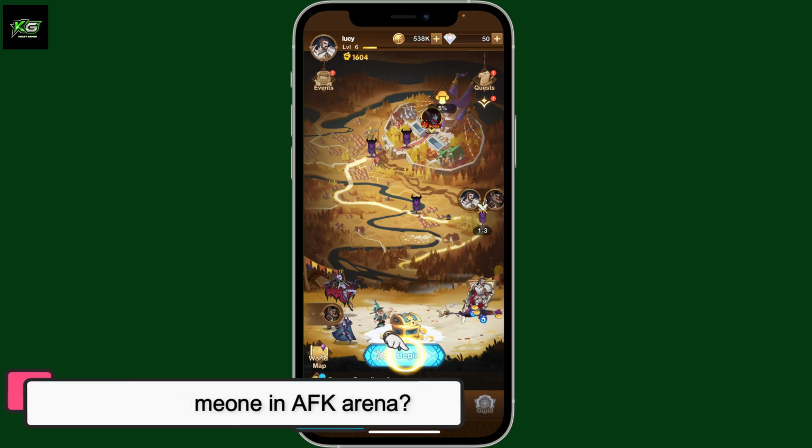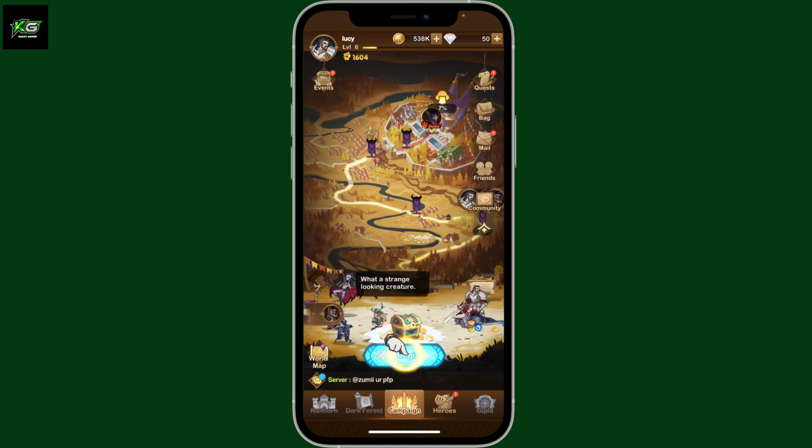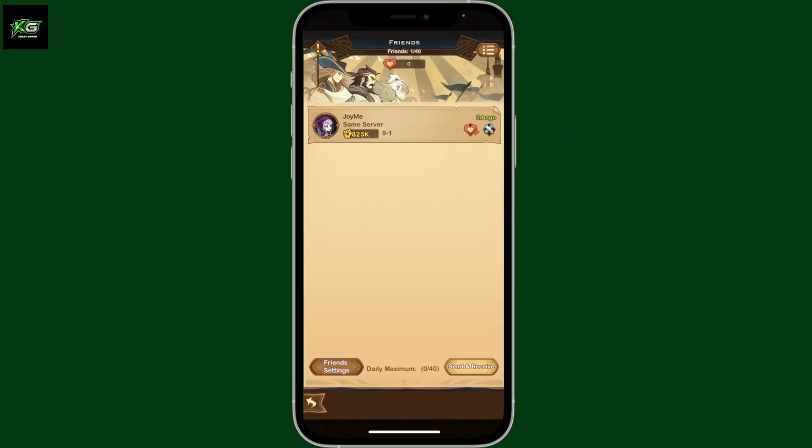To block someone on AFK Arena, first of all, make sure to open up the AFK Arena game on your device. And once you're in the home section, go ahead and tap on the little arrow right under Quest on the top right. You will then be able to open up several menus from where you need to tap on Friends. Inside the Friends tab, select one of the friends from your friend list that you want to block and